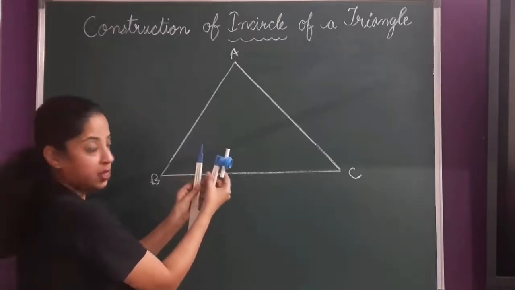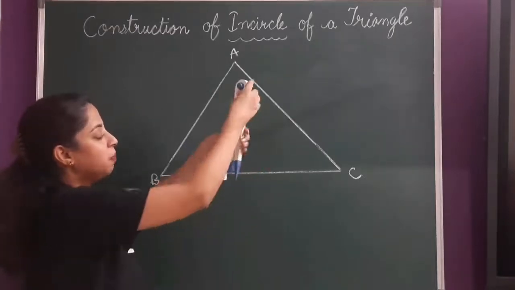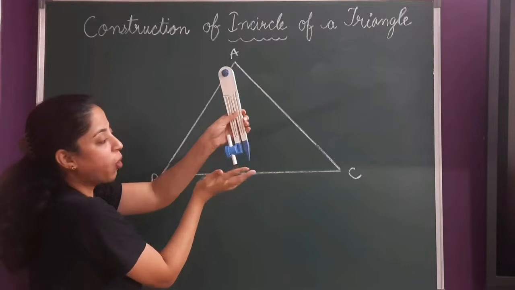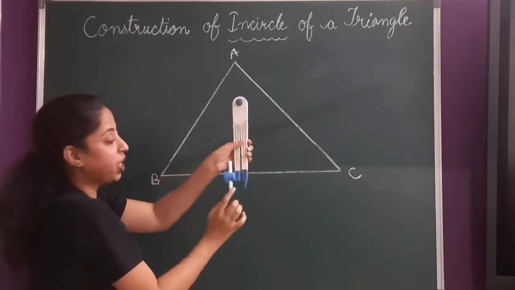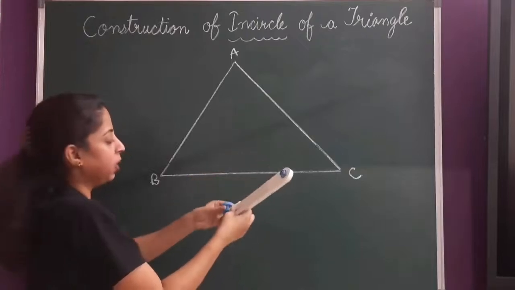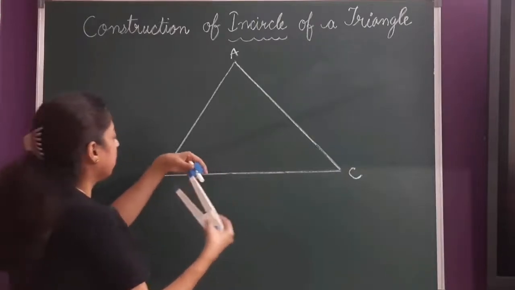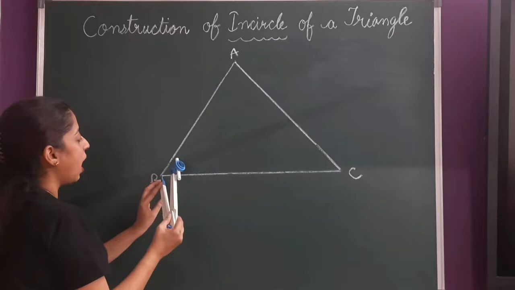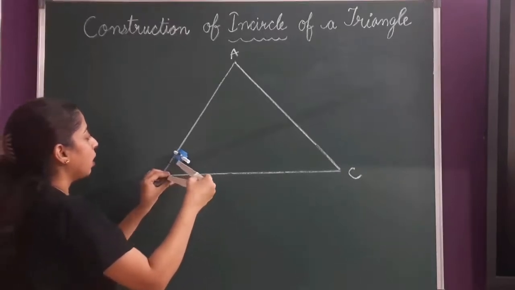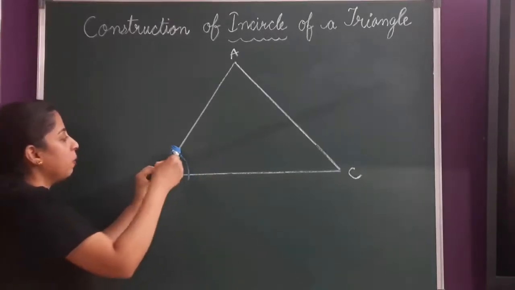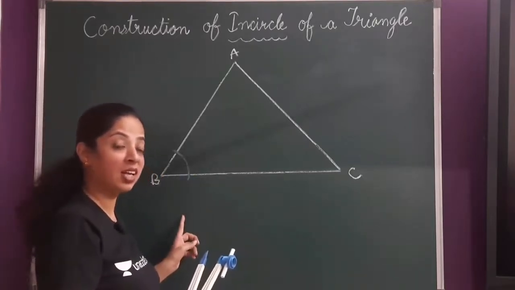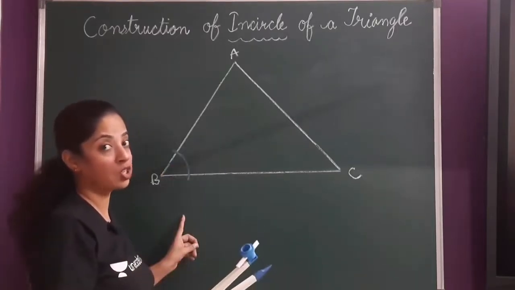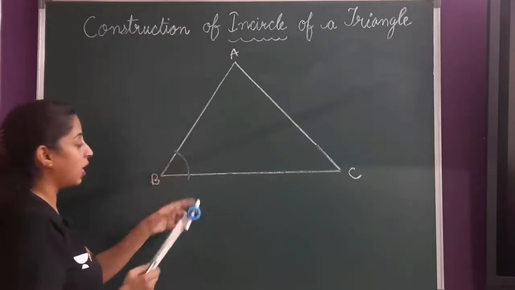Then open your compass. Okay, first when you are keeping the pencil inside, make sure that this point and this point are in the straight line. Keep it on the desk and then check. This should be sharpened. Now open it a little bit. Okay, keep the point at B and draw an arc. Now I have already shown you how to draw the angle bisector. If you have doubts, you can go and watch that video again. So I have drawn that arc.